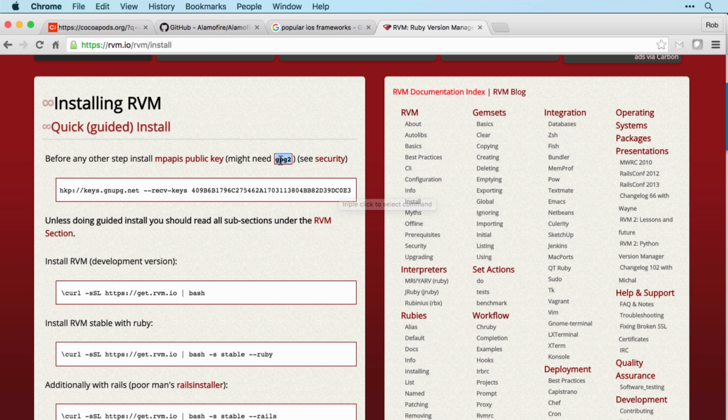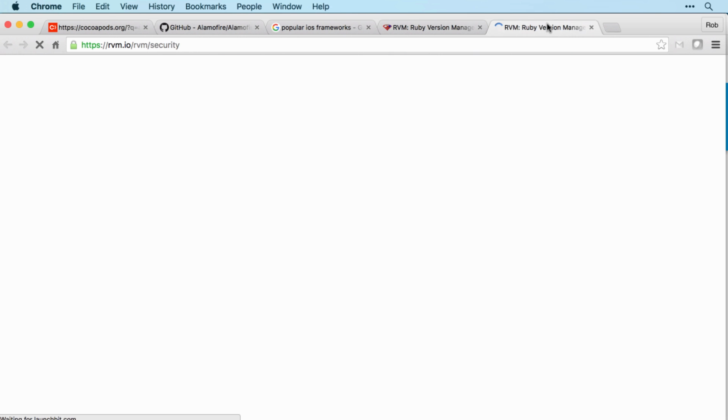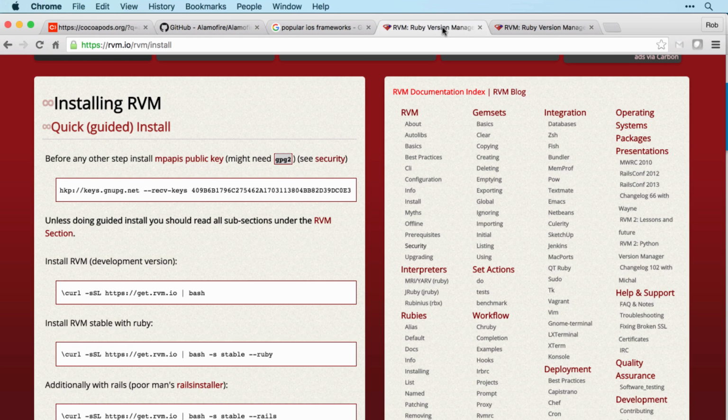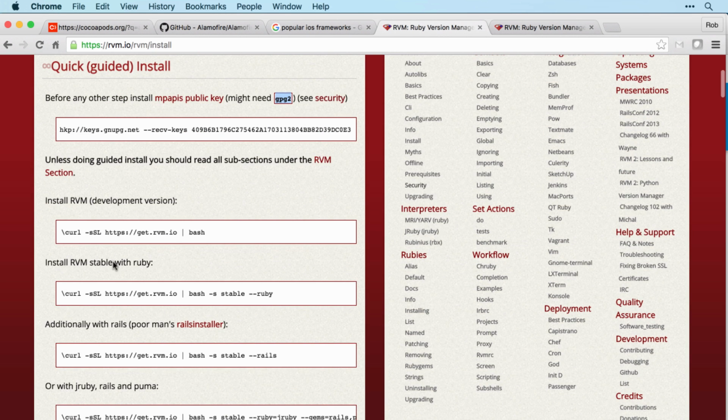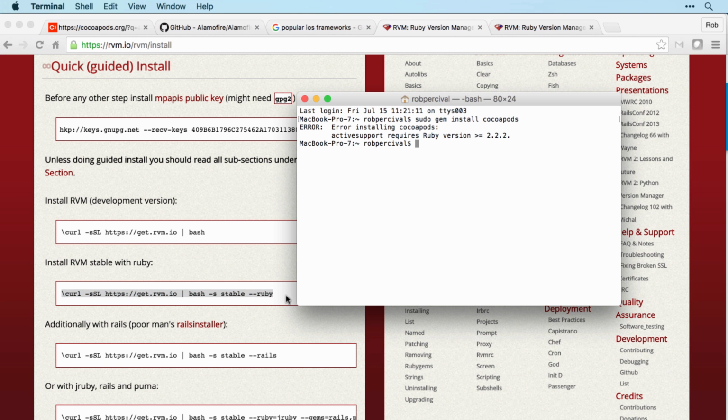So I'm going to bypass that step, but you can follow the guide here in security if you want to install that. I'm going to go straight to the install RVM stable with Ruby. So I'm going to copy that line, back over to terminal, paste it in,